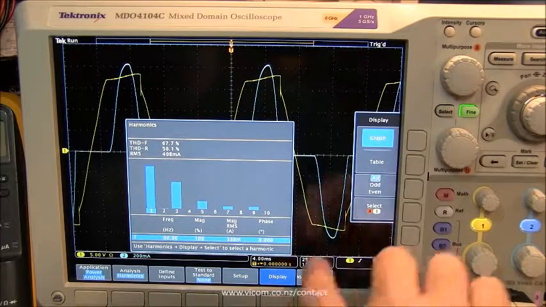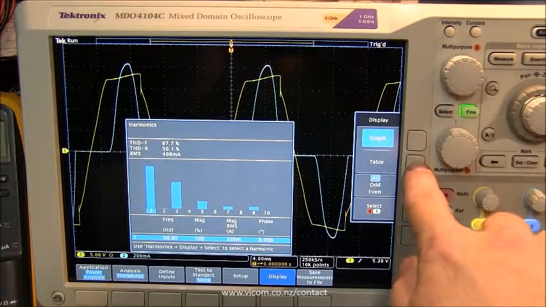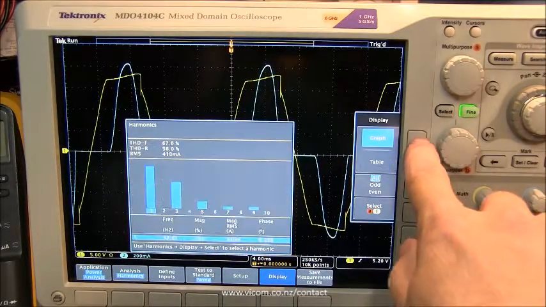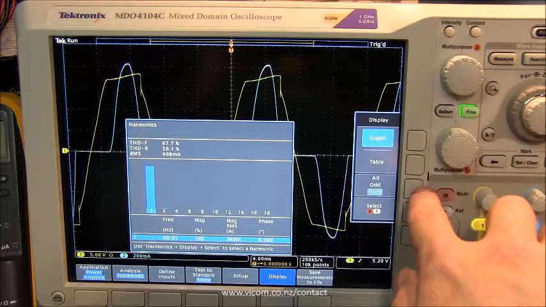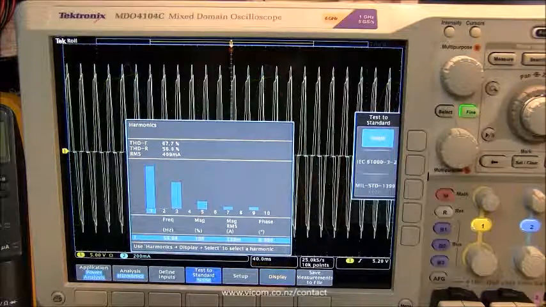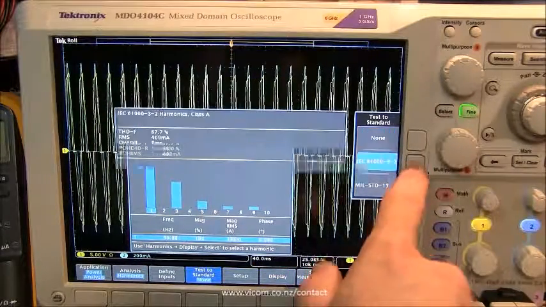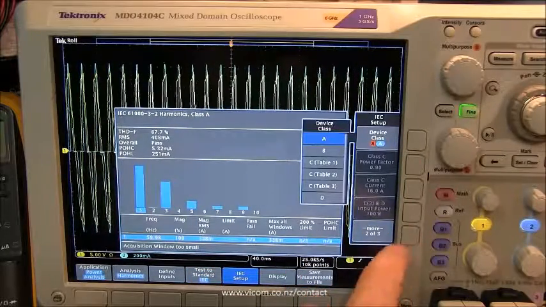And the display allows you to control whether we want to show the harmonic results graphically or in a table. And oftentimes we're most interested in just the even or odd harmonics, so we can actually choose to look at just one or the other as opposed to all of them. When testing harmonics to a given standard, the setup key allows you to change the parameters and limits per that